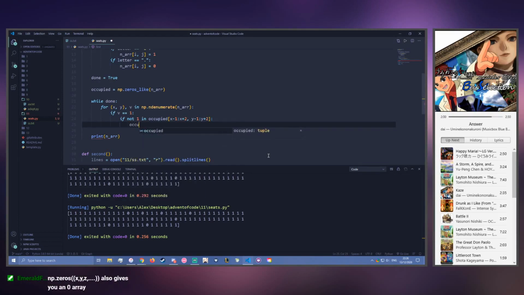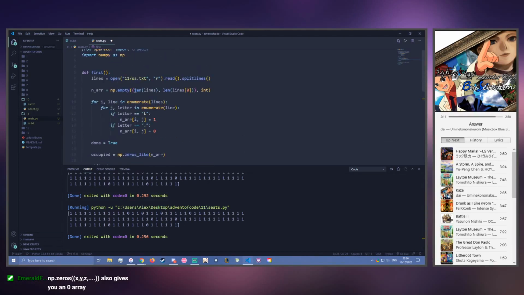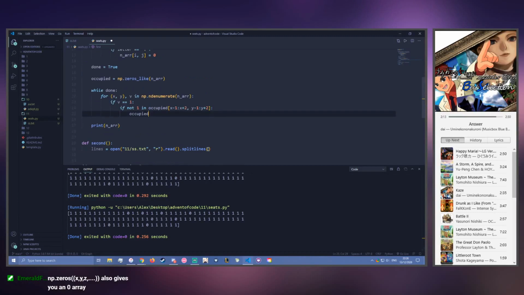So occupied np.zeros. Oh, but then I would have to specify it again, right? That's essentially what I did here, right? MPI xy equals 1 and